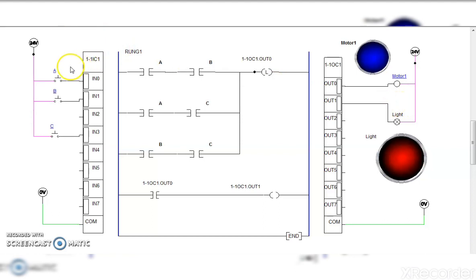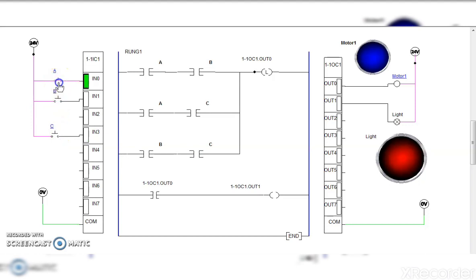Now let's check. If one bank officer A puts in the key, then the motor or solenoid will not be started and the door will not be opened. Okay. If only B gives the input, then also the door will not be opened. If only C inserts the key, then also the output will not be obtained.